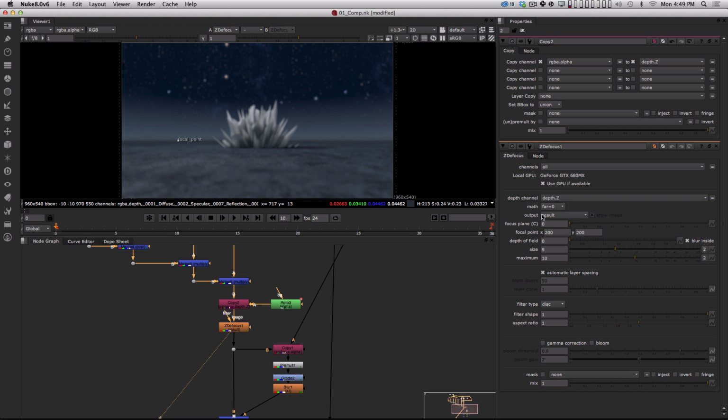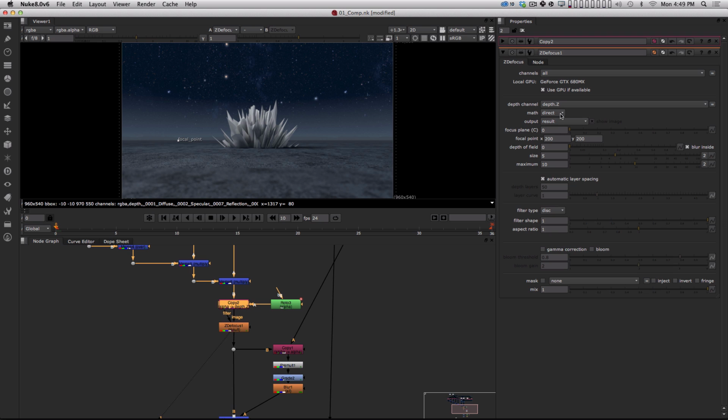And so I'm just gonna change the math on this to direct. And I don't wanna make this about the Z defocus node, I don't wanna get too far into that. But basically, this is just gonna let me use my black and white image here as a depth pass and not have to worry about focus or anything like that. And this maximum amount here is controlling how much blur. Now you can see I've got a very hard edge. So what I need to do